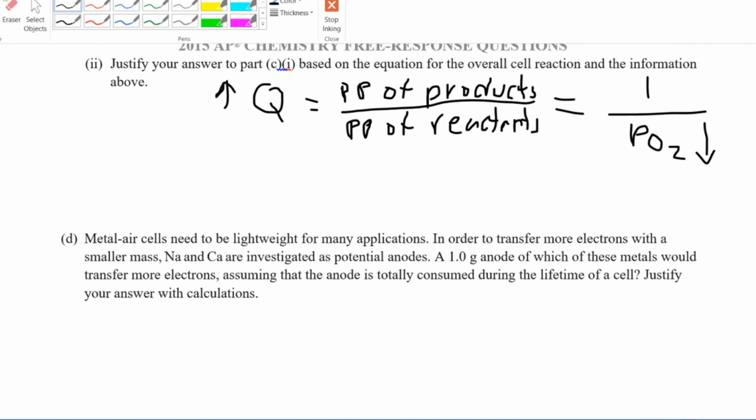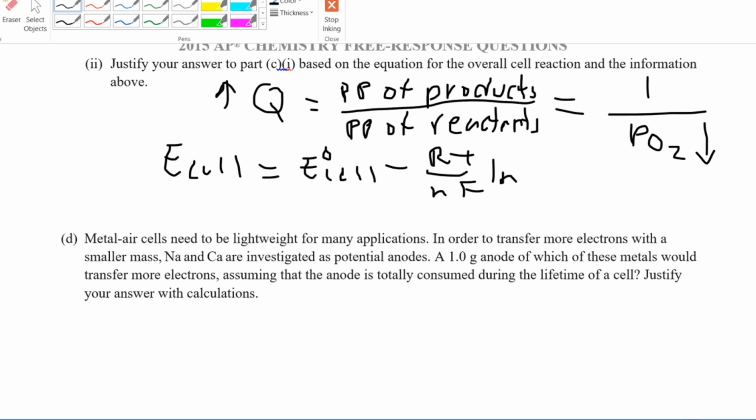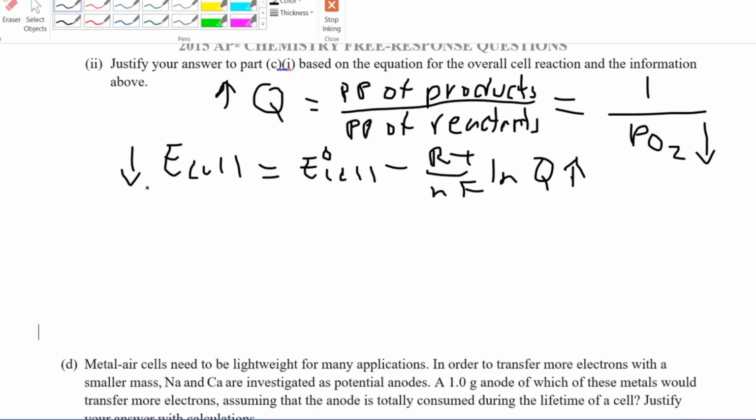And we know that the cell potential is equal to the standard cell potential minus RT, let me make sure I'm getting it right, yep, over n times Faraday's constant times ln Q. So if Q increases, then ln Q increases, which must mean the cell potential decreases. So now we can write,